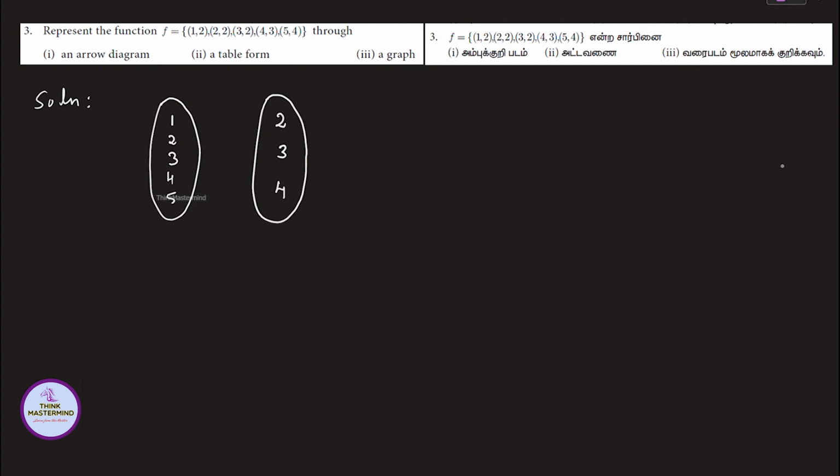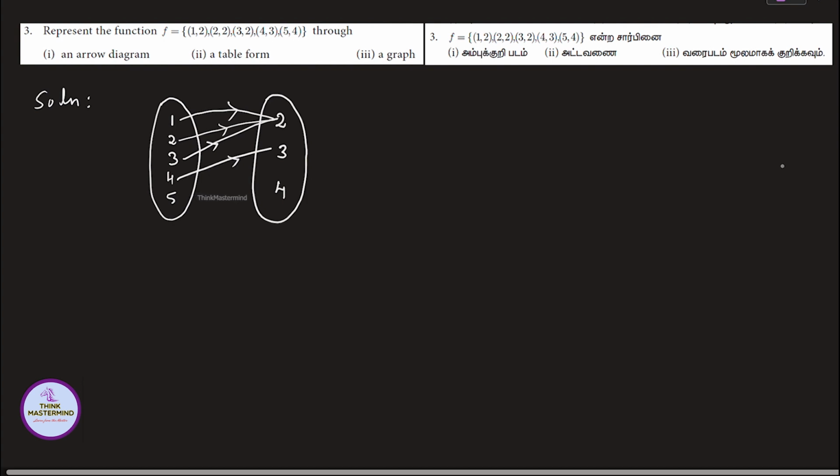Now the mapping: 1 is mapped with 2 and 2 is also mapped with 2, 3 is also mapped with 2, 4 is mapped with 3 and 5 is mapped with 4. So your codomain is equal to range, therefore it is an onto function, but it is not a one to one